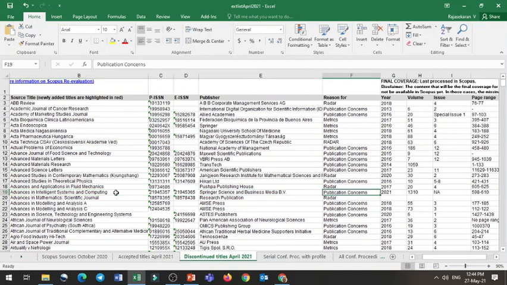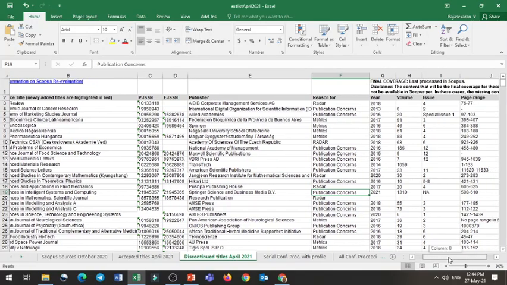And publication concern means the publications are not up to the mark, and these are the various reasons. Publication concern means they are not following the standard set by Scopus. Metrics means their journal metrics, that is ranking and other things, are not up to the expected quality. And radar means it's under supervision, but still they have not improved. You can see that most of the journals will be removed based on these three grounds: either radar, publication concern, or metrics. That's it.